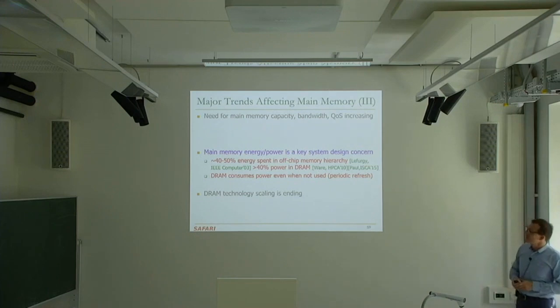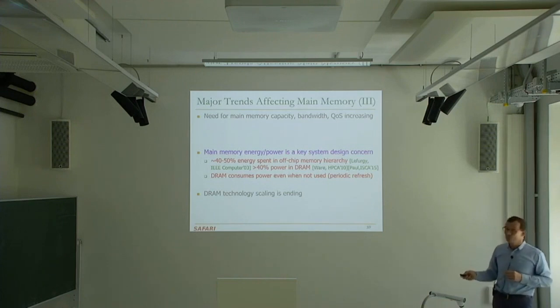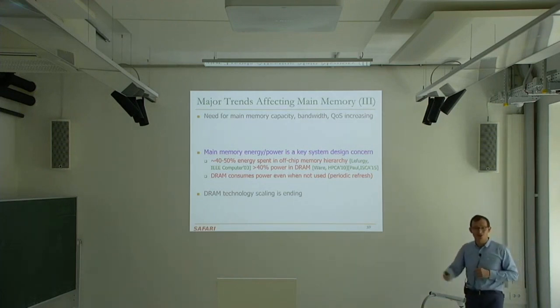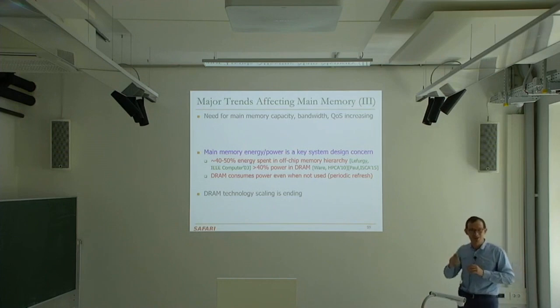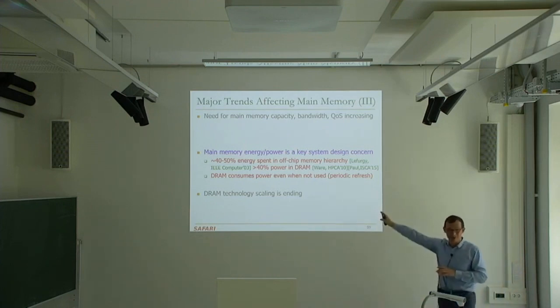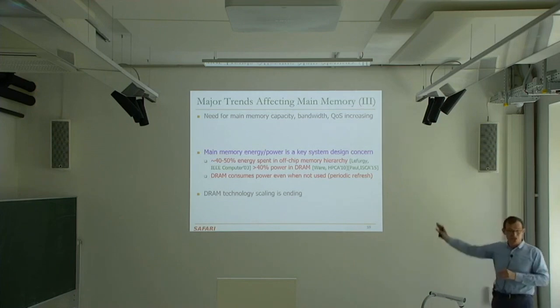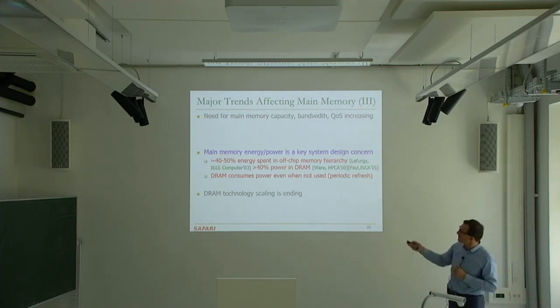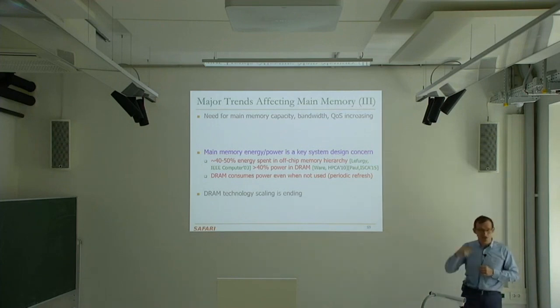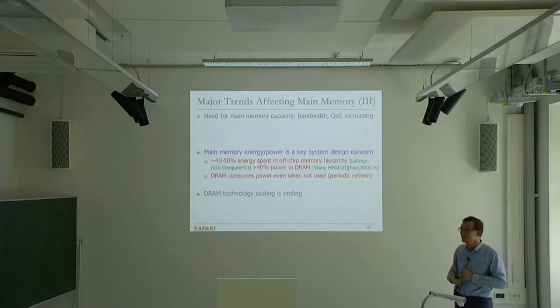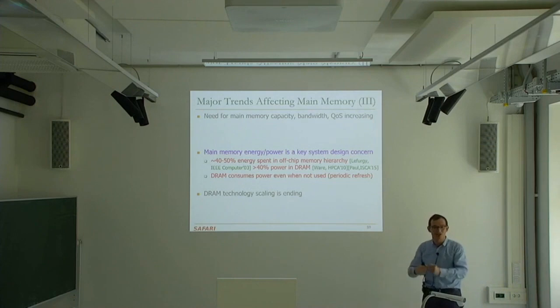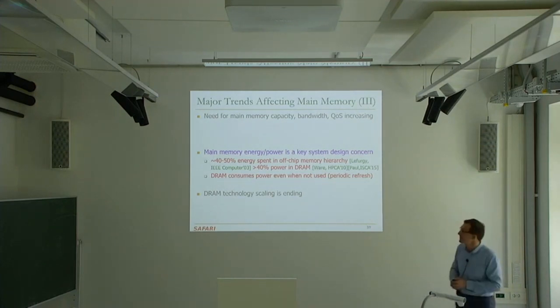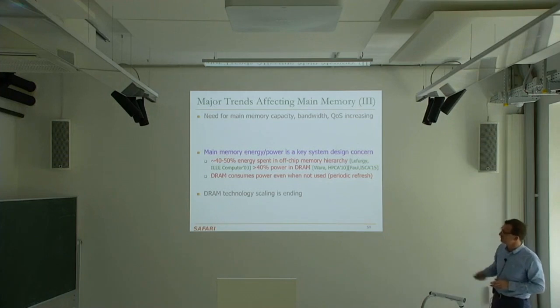Memory energy is growing. And on top of this, the technology that we design memory with, DRAM, consumes power when it's not used. You need to periodically refresh it. This is very similar to human memory, right? Sometimes if you don't refresh, the memory goes away. That's true over here also, but it's much worse here. And this is really wasting a lot of power. We will discuss this problem. I think this is actually very important because this is one of the fundamental problems with technology scaling in DRAM. Refresh. How often you need to refresh. You need to know this. And knowing this is becoming very, very difficult. As a result, people are not able to aggressively scale the size of the DRAM cell to smaller sizes. So we're going to get back to this.